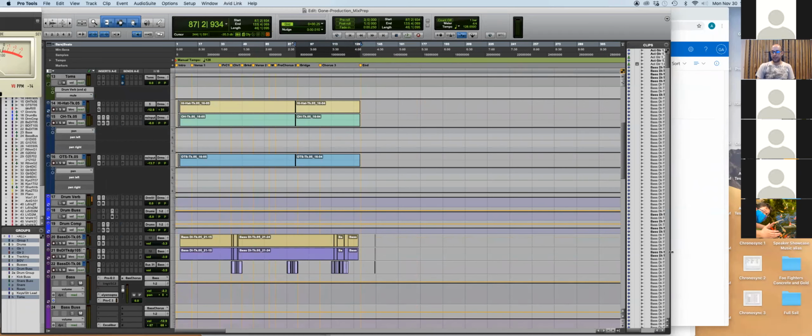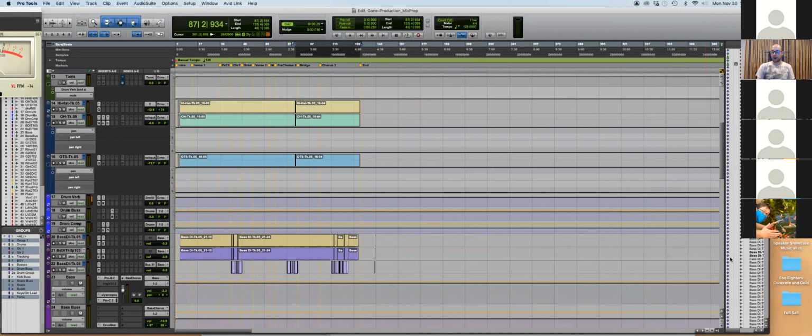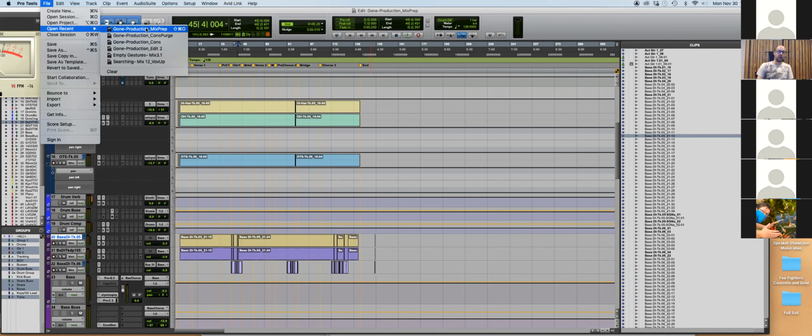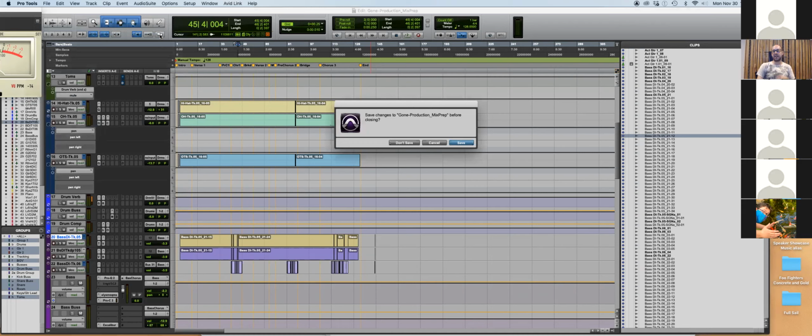Also, even if the audio files are missing, this will still show up. The difference is instead of them showing up this way, they'll be in italics. Everything that's in italics means that audio file is missing. So all this region bin will show up in italics. Then I'll go to your consolidated and purged session,